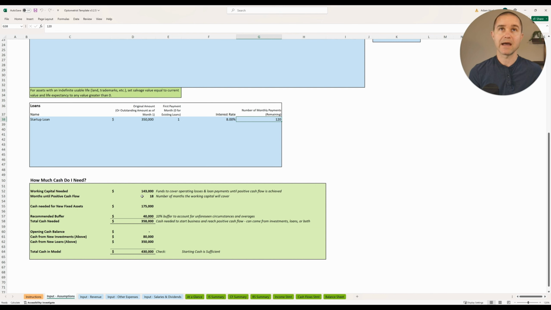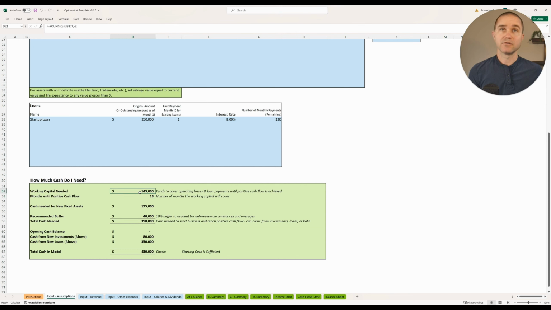Now you'll come to this green box down here that says, how much cash do I need? And so we're going to need to come back to this after we have filled everything out and just make sure that what we want to look for is that it says starting cash is sufficient. So right now, based on the assumptions we have on our revenue and expense tabs here,